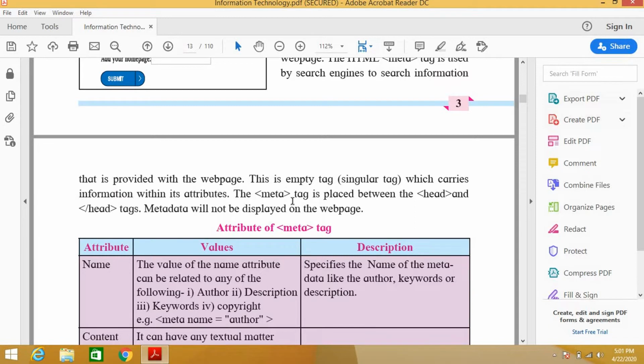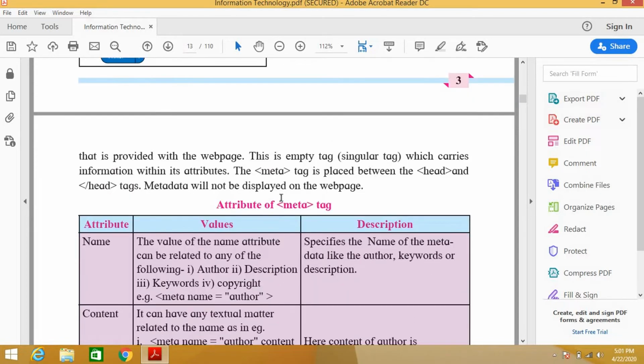What kind of attributes you provide to the meta tag, accordingly it will fetch the information of the web page. The meta tag is placed between the head and closing head tag. So you have to place the meta tag in between head and head. Metadata will not be displayed on the web page. So what is metadata? Data about data is metadata.